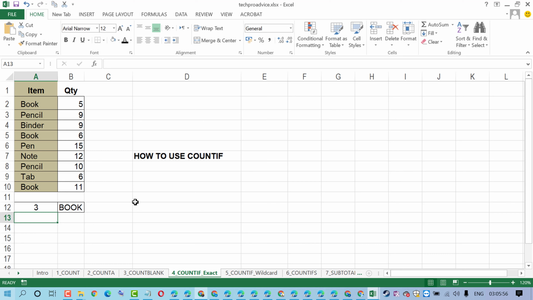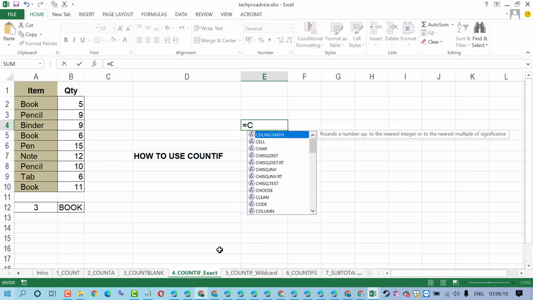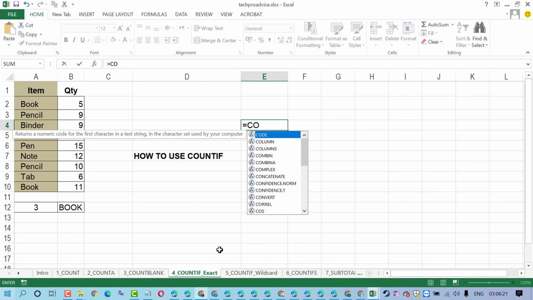So it's a very simple and easy method to use COUNTIF. If you want to count any particular thing in the Excel program, COUNTIF is the best formula for us. Firstly select any cell. Now type the formula: equal sign, COUNTIF,